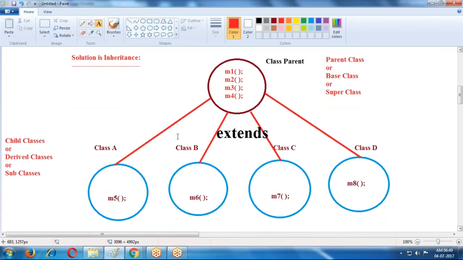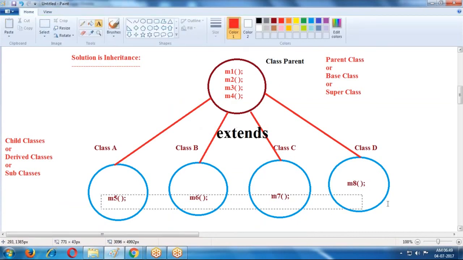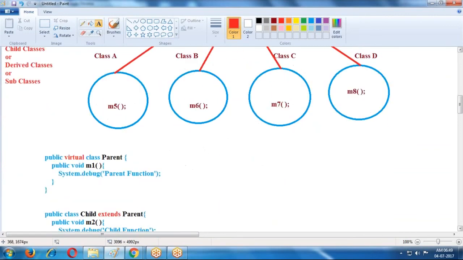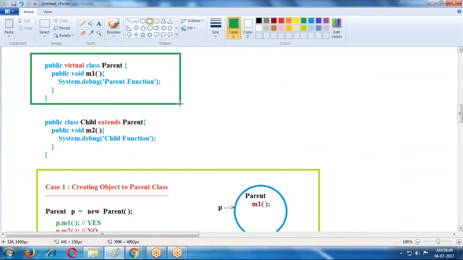In this, we are creating parent and child classes. One parent class contains multiple methods. The same methods we use in the child classes, and the child classes also contain their own methods. Whatever methods they require, they can use, and wherever required, they can call those same methods. So I created one class as a parent and one more class as a child. There are two classes I created.